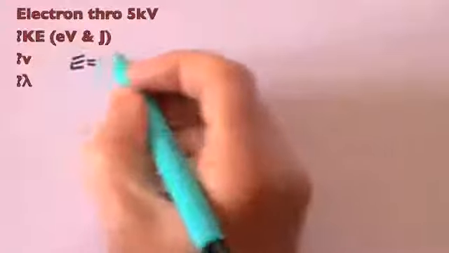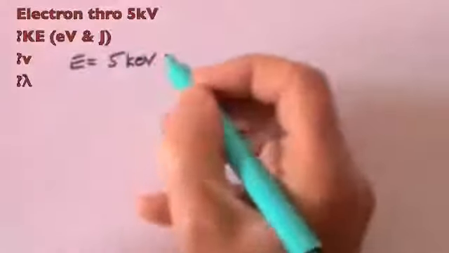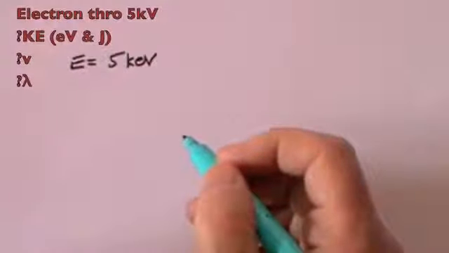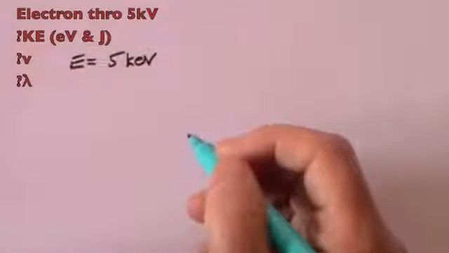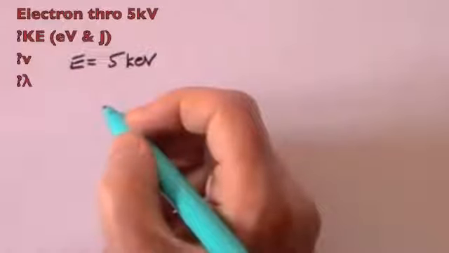Question 8. An electron is accelerated through 5 kilovolts. We need to find 3 things. Firstly, the kinetic energy in electron volts and joules. Secondly, its velocity. And thirdly, its wavelength. Well, the first question is fairly easy. If one electron is accelerated through 5 kilovolts, then the energy that it will gain by definition is 5 keV, 5 kilo electron volts. If you want to convert that into joules, then you have to multiply by 1.6 times